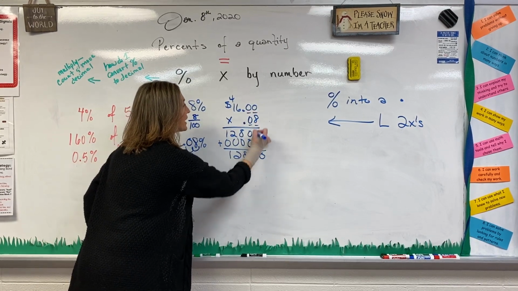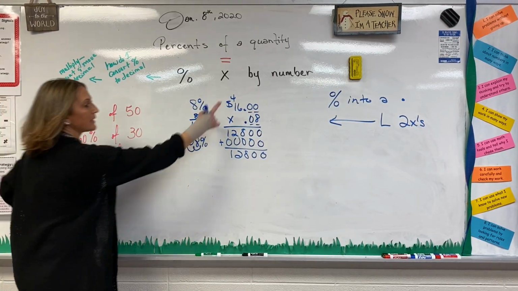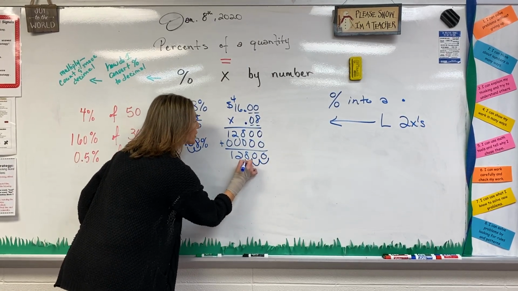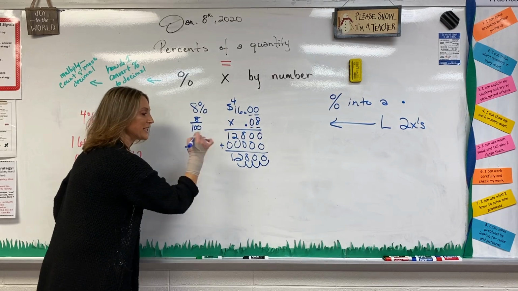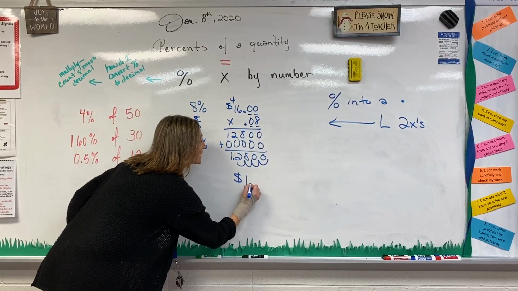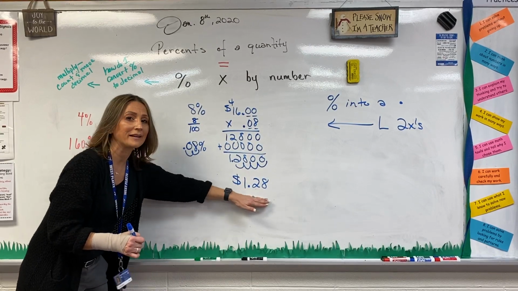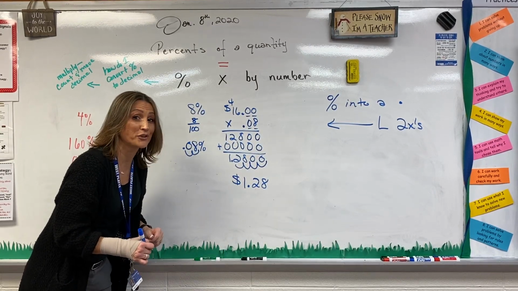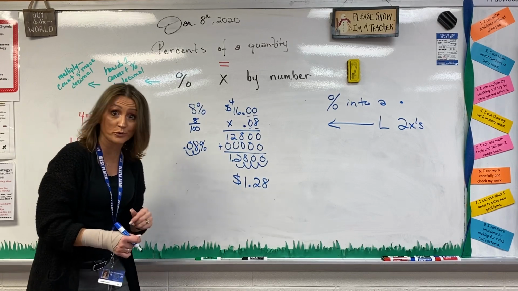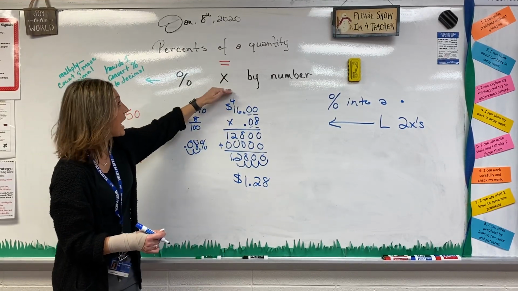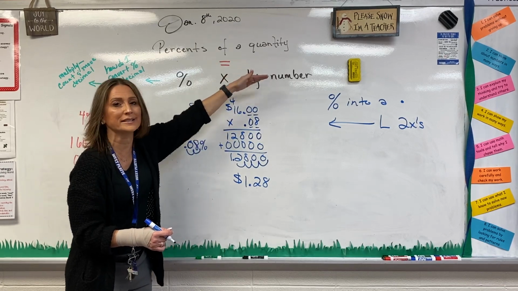1, 2, 3, 4. I counted them. Now I just want to move it, starting at the back again. 1, 2, 3, 4. So this is telling me 8% of $16 is $1.28. Now I'm going to think, parents, that seems pretty reasonable to you on $16. More reasonable than $12,800. And that's how you do percents of a number, or percents of a quantity, which means